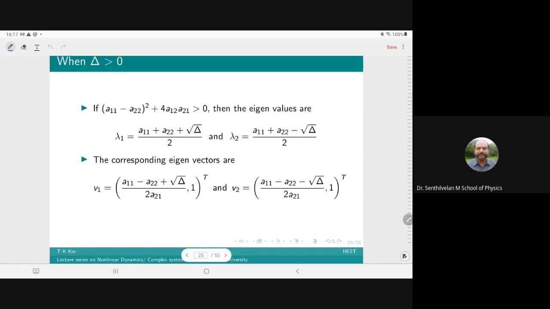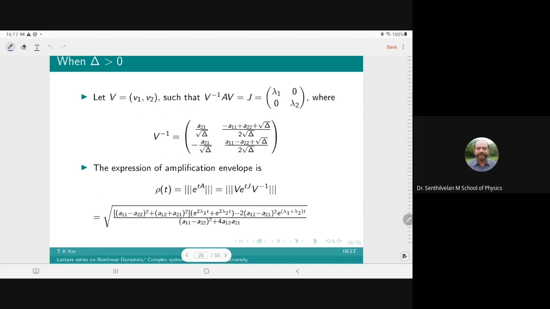Look at this. When delta is greater than 0, that is, the discriminant is positive, the eigenvalues are this one from the matrix. It is very easy to find the eigenvalues. The corresponding eigenvectors can be found in this way. Then V1, V2 are the eigenvectors, such that V inverse AV equals this diagonal matrix, and